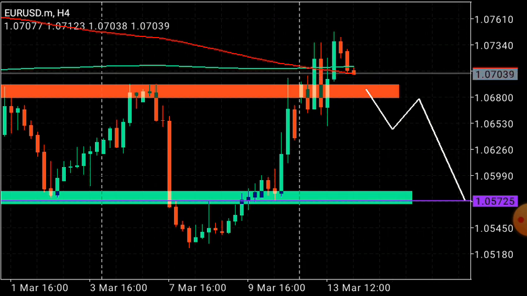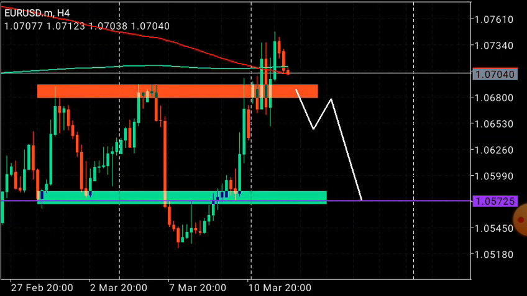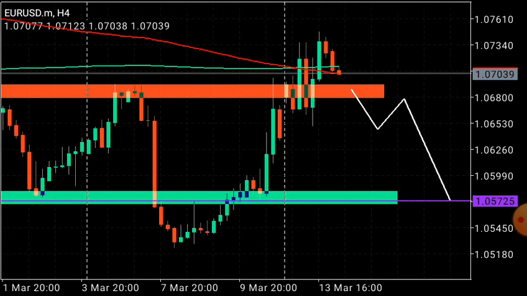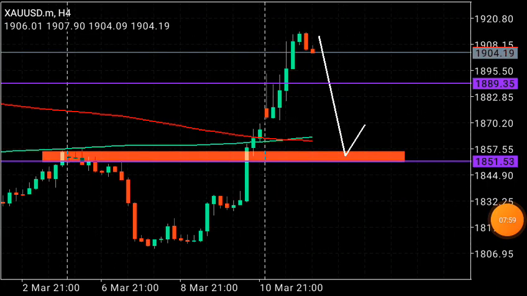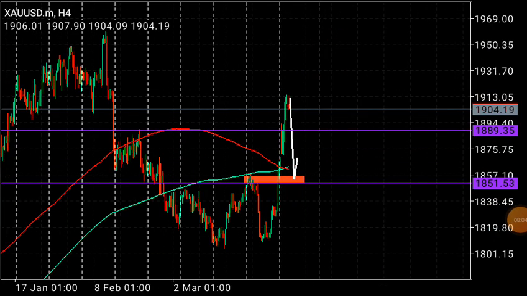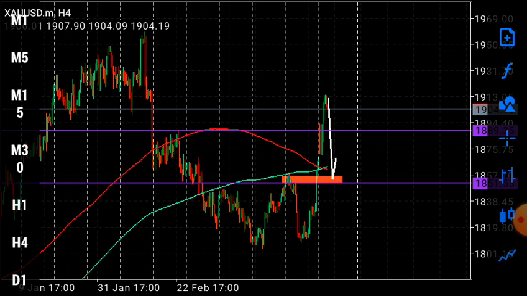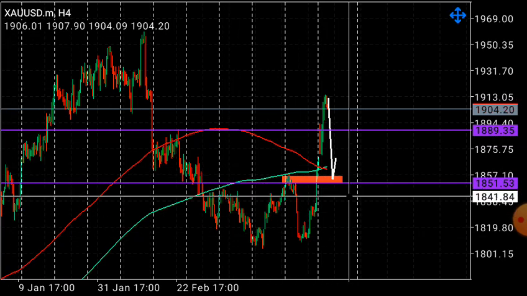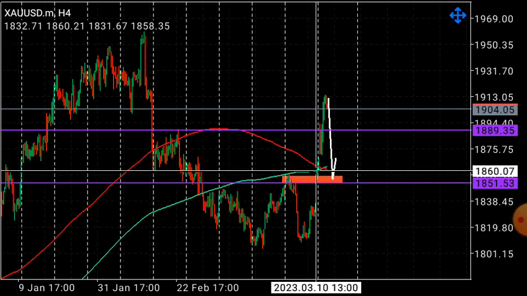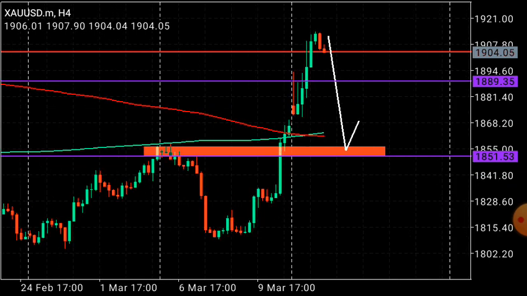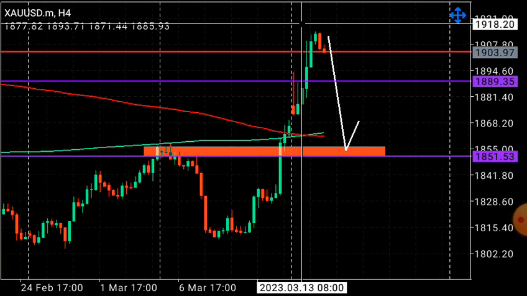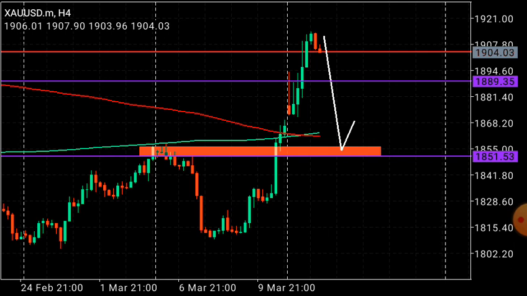So this is what I'm anticipating on the Euro USD for the upcoming event, USD CPI, core CPI at 2:30. Let me jump to the gold. Taking a look at the gold market on the 4 hour time frame, the gold market gave us a big rally. We saw the price coming and impulsing out of this resistance zone, failing to maintain the selling pressure. Sellers probably got liquidated.